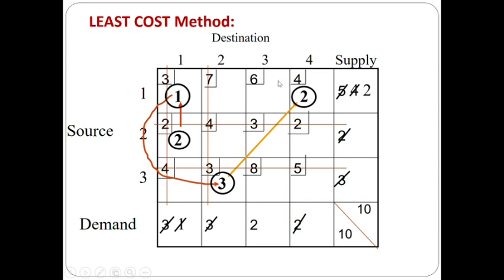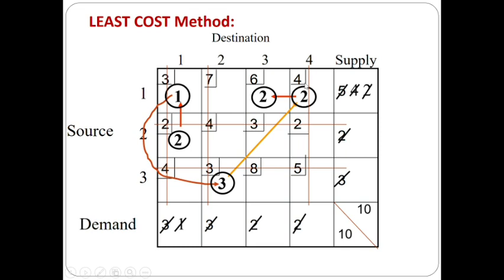and there is only 1 remaining cell, so you can directly allocate that. Here we can allocate as much as 2 units, and the remaining supply will be 0 and the demand is also 0. So this is how we have to allocate this, and the allocations are 1 unit in this cell, 2 unit in this cell, 3 unit in the particular cell, 2 unit in the particular cell, and 2 units in the